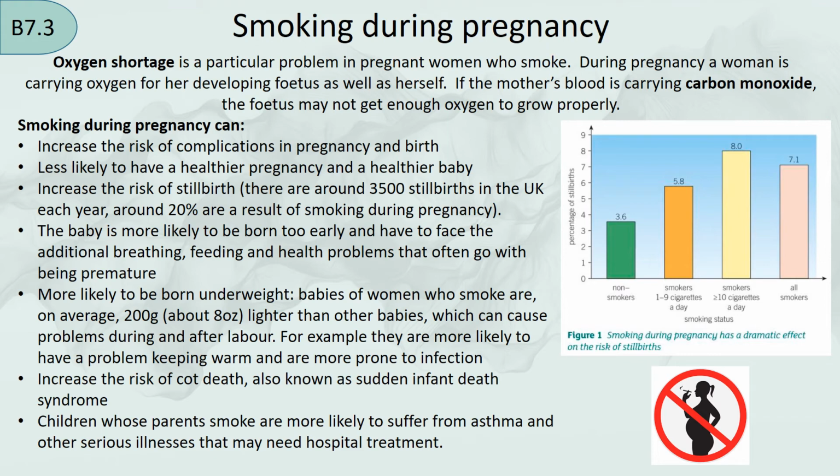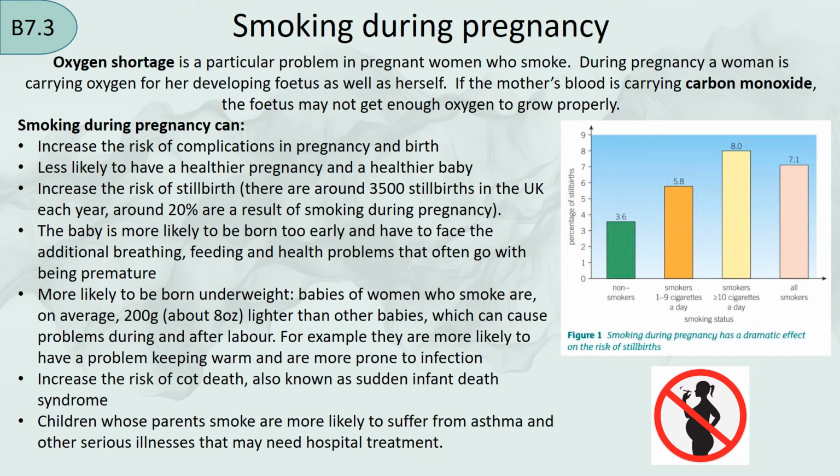We've got baby is more likely to be born too early, so you're having premature births, more likely to be underweight because they're not able to develop the same, increased risk of cot death, or also known as sudden infant death, and children whose parents smoke are more likely to have asthma. So that's quite a list,